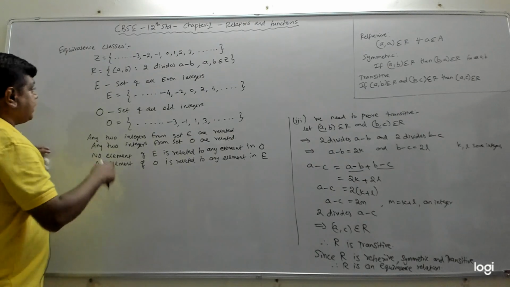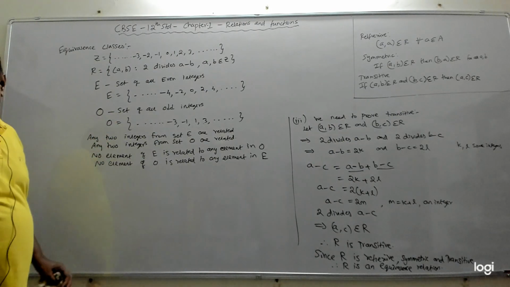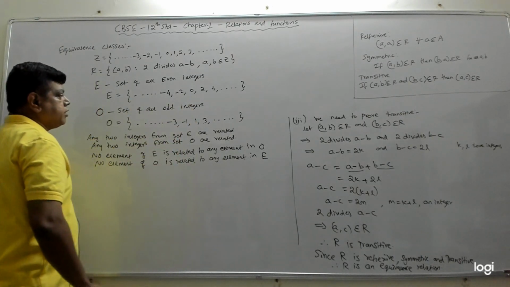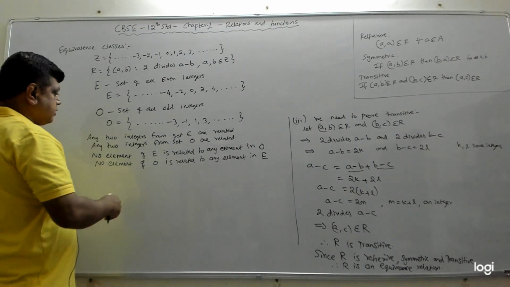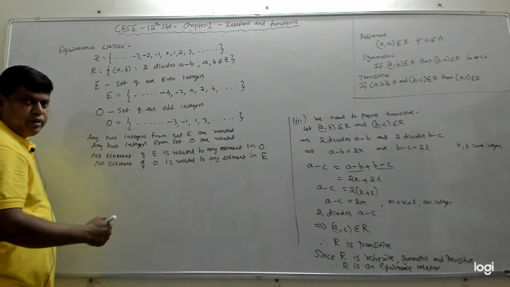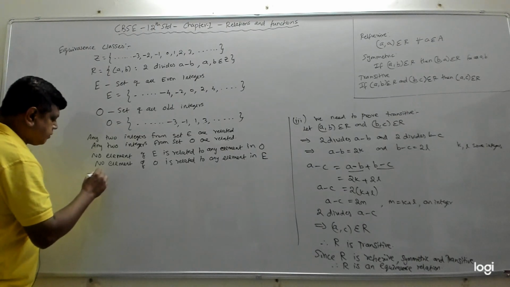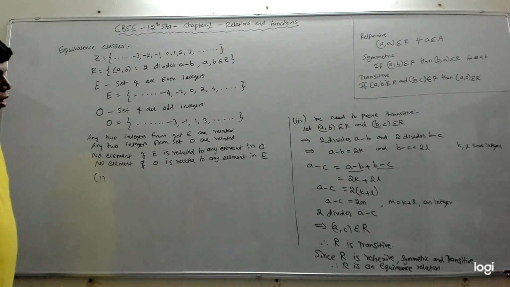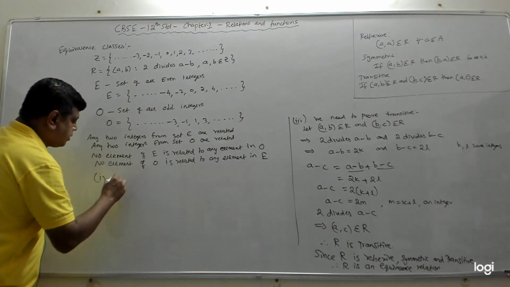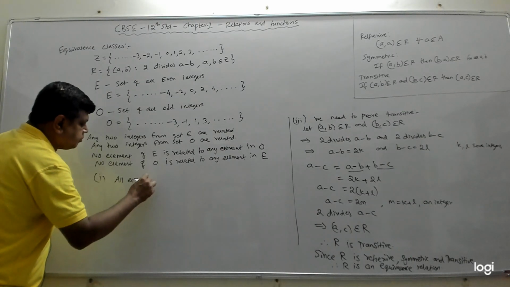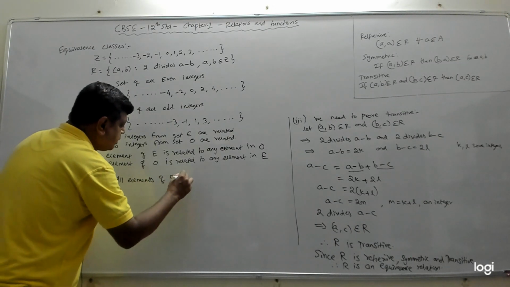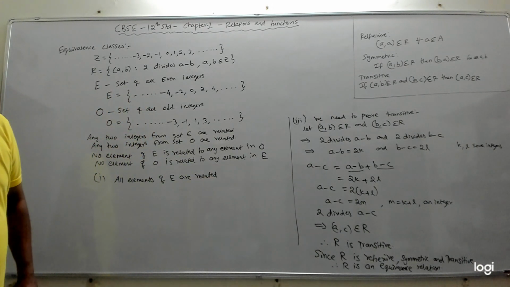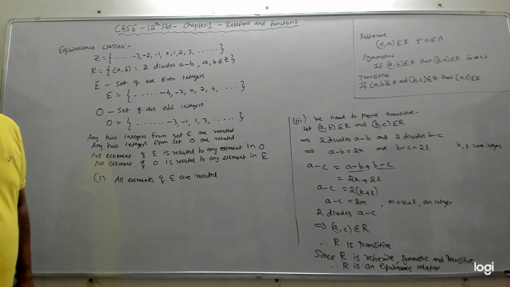Now this E set is the set of all even integers, and this O set is the set of all odd integers. Now if you observe these two, they have some properties or characteristics which I am going to list. The first one, which we talked about here, I am on page number 4 of your textbook: all elements of E are related to each other,